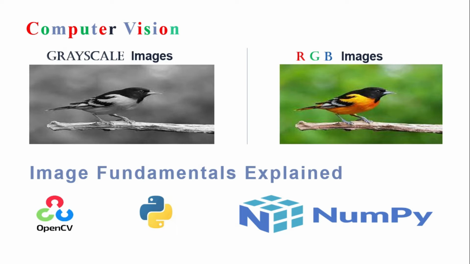On the screen, what you see is two different images. On the left side, you see a gray colored image which has shades of black and white. On the right side, you see the colored image, which is also known as an RGB image. So the challenge here is that we should be able to convert these images into some numeric format so that computers can understand. As I said, we will be using OpenCV and NumPy on Python to convert those images and understand what those formats are and how the computer interprets them in the next set of slides. So let's move ahead with this.